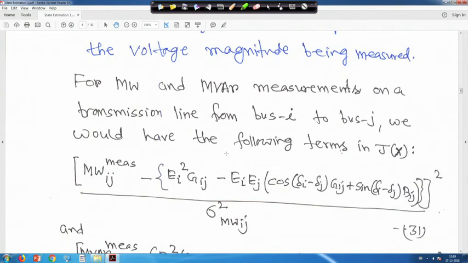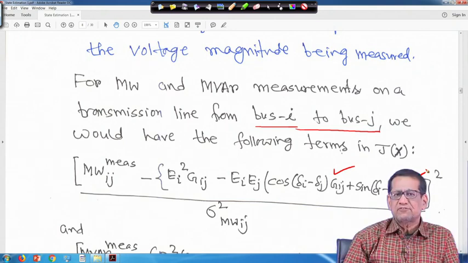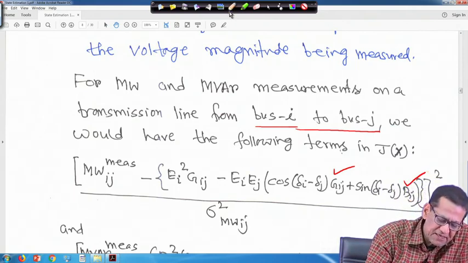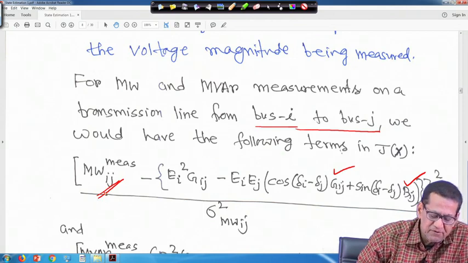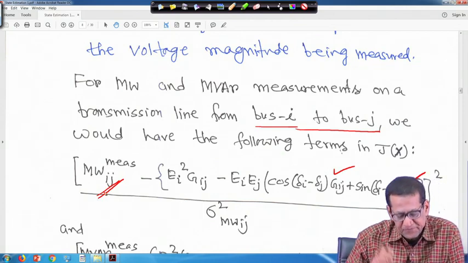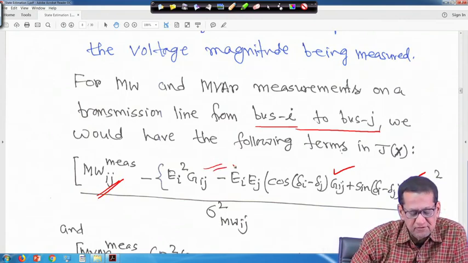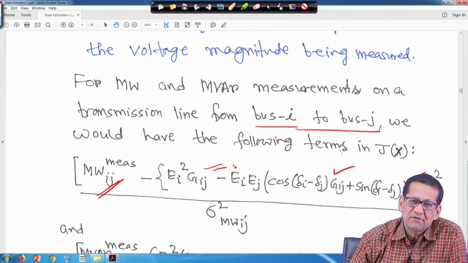So, this is the power flow from bus i to bus j, right. I have used this expression; it depends on which convention you take regarding G_ij, negative or positive, it does not matter, the final result will remain the same. So, in that case, this is my power flow, power flowing from i to j, which you can measure. And you also have to find the mathematical expression for P_ij, the power flowing from line i to j.